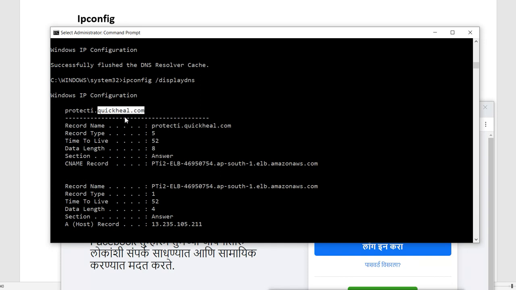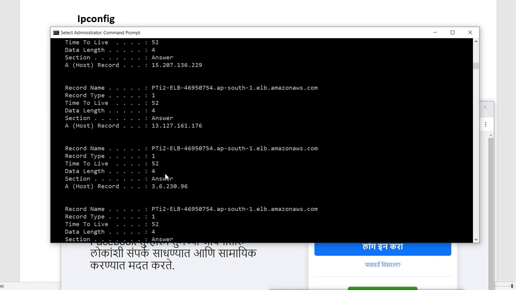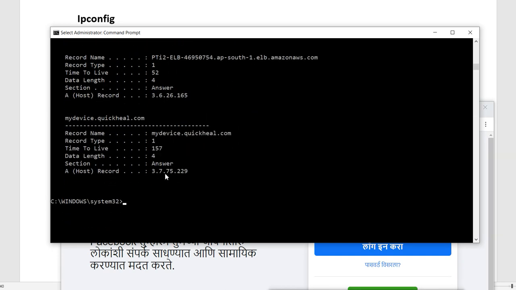So it is accessing the internet and it is going to these sites, so it is resolving the names. Within some seconds it has resolved these IP addresses, and these are all from Quick Heal. So our Windows machine by default is still automatically accessing sites behind the scenes. We don't know that, but it does access those sites in the background, and that is why we saw these resolved names here.